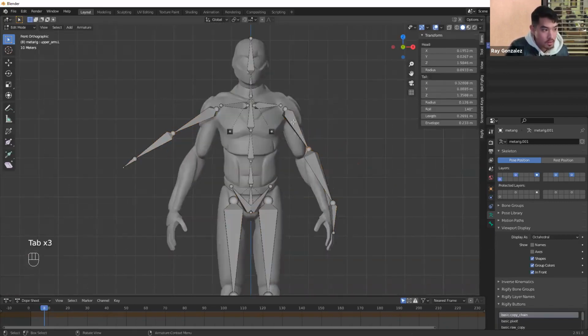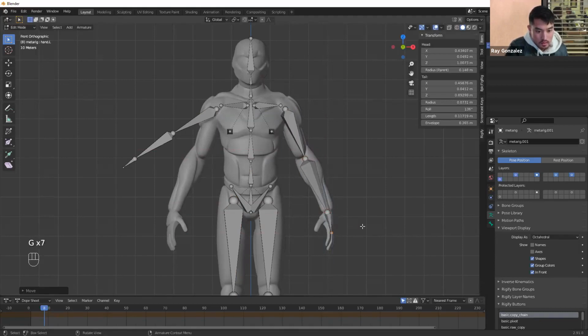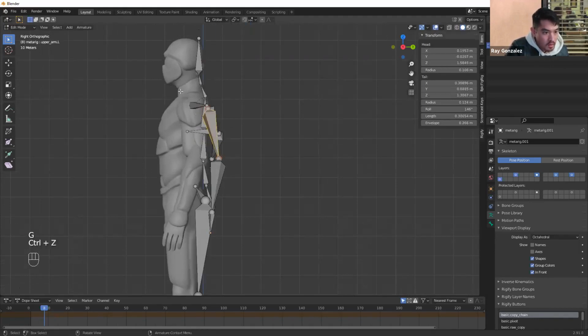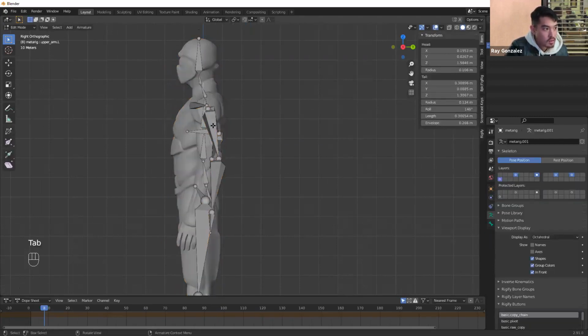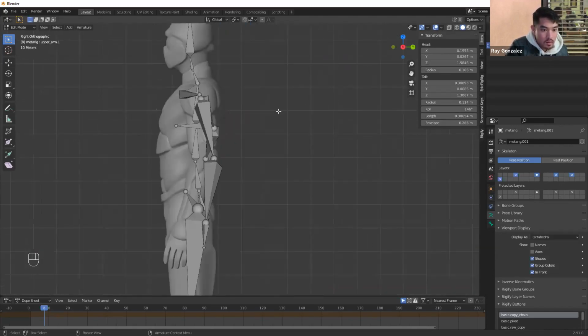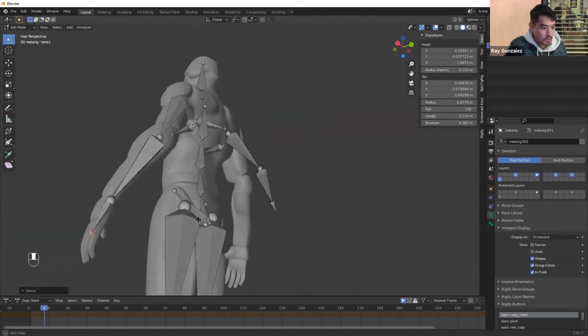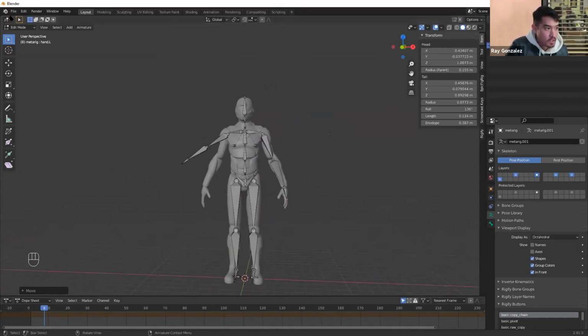So again, I'll click on my rig and go to edit mode. And then I'm just gonna slowly move this to kind of match my 3D model. All right. And then now I could go from this side. Actually, let me move the 3D model back. Okay. All right, so pretty much I was able to align the arm to match my 3D model. So actually what I'll do is